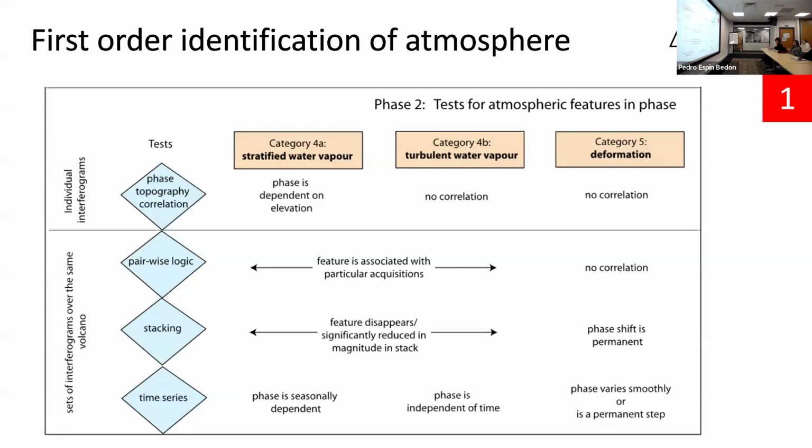So first of all, you can look at individual interferograms and the correlation between phase and topography. For some parts of the atmospheric perturbation of phase, you have a correlation with topography, for tropospheric stratified water vapor. You can plot the two against each other, and if you have that relationship, it can be transferred to the atmosphere. For turbulent water vapor, you have correlation with deformation. Generally, there are some cases. The other thing that you can do is something like this.